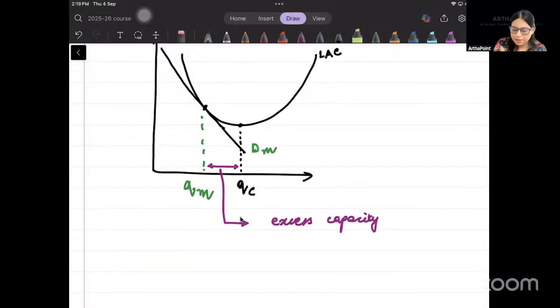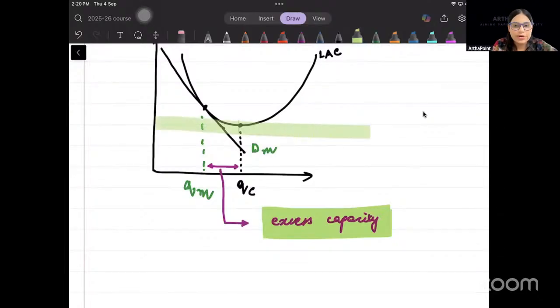This gap will be my excess capacity. Are you understanding it? So excess capacity, why is it arising? Because I have a downward sloping demand curve. So if I have a downward sloping demand curve, I cannot be tangent, मैं इसको tangent नहीं हो सकती हूँ. Are you understanding? उसके लिए horizontal होना जरूरी होगा. So I will be tangent to long run LAC, but I will be tangent below, before that minimum point.